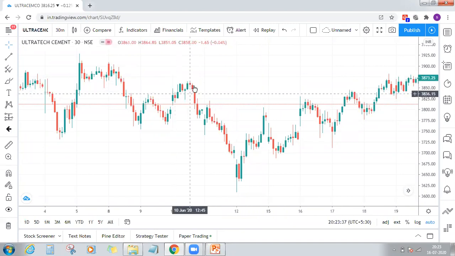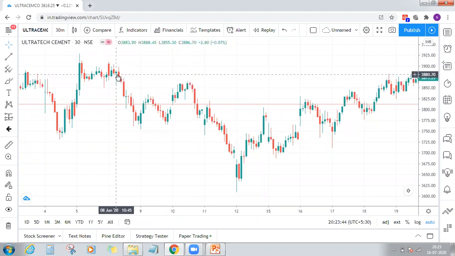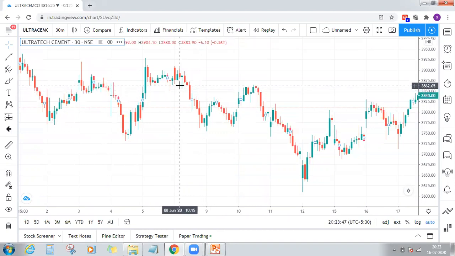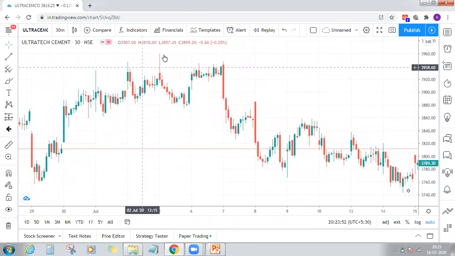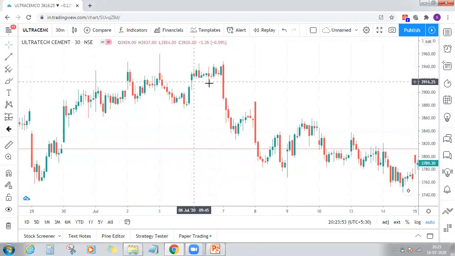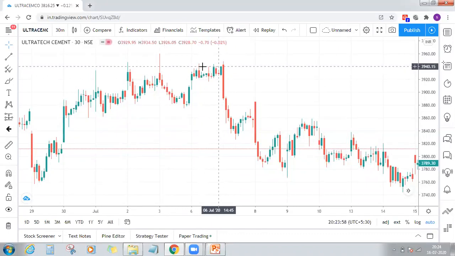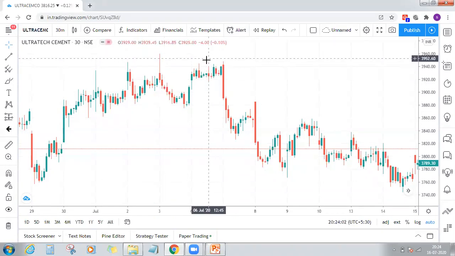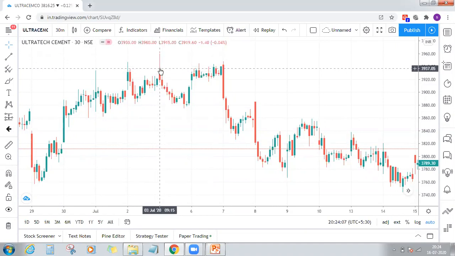So if price faces a rejection here, don't just stop here. Look towards the left and see in that area, do you have any other bearish pattern? The same as what we saw here. Since there is a shooting star pattern here, going forward, there is a rejection in price. So when you look at this rejection, don't stop here. Look at the left side and see in that zone, was there any bearish candlestick pattern or not. So here I had a shooting star pattern.